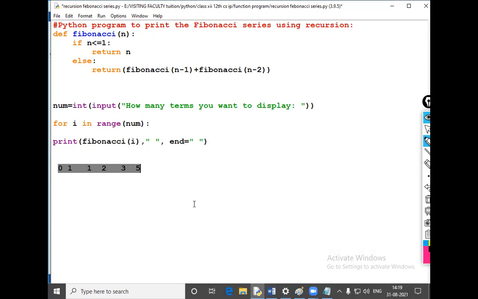Now, how to solve it? Again, the meaning is the same. How does it work? Suppose I have input 5. I will create the table for i, and if n is less than 5, no. Else, return. Now, the first time the function will call Fibonacci. The Febo function; you can write it in short as Febo.